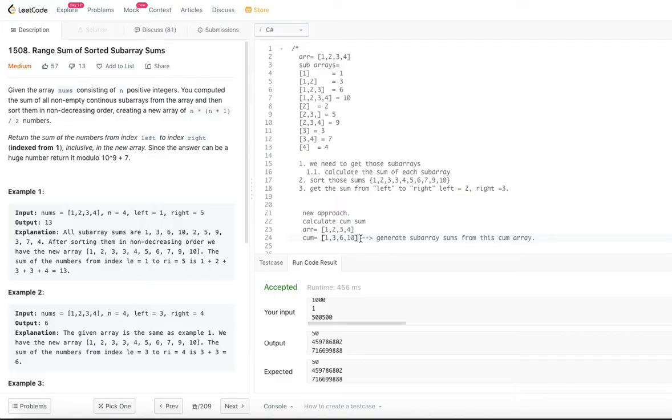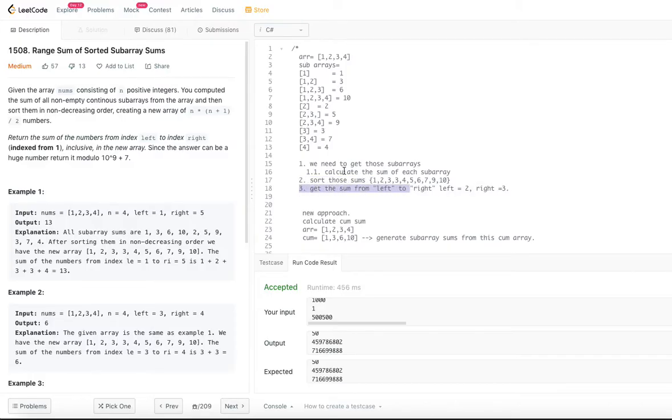So essentially, we are not generating the subarray, but from this cumulative sum we are going to generate all the different sums for a given subarray. So that is the technique that we are going to use. Once we have all the different sums, step 2 is just sort those sums, and step 3 will be get the sum from left to right.